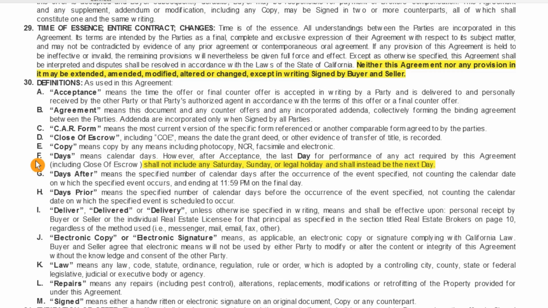So, normally when I start a transaction, once it's been accepted, I mark a calendar backwards from the days that certain things are due, and when that happens on a weekend, I allow for that. So if you were working with me, we would pretty much know that up front once an agreement was accepted. But I just wanted to clarify that to you as well. The other definitions, I will leave that up to you to go through at your own discretion.